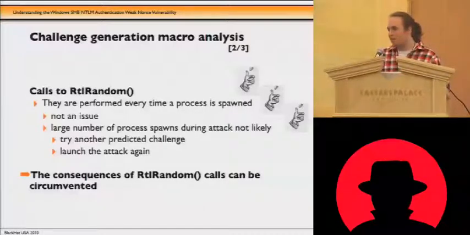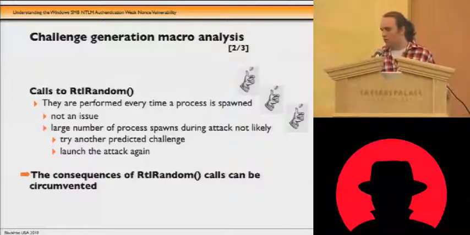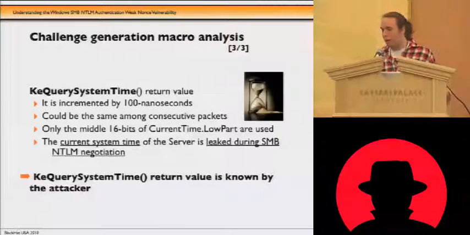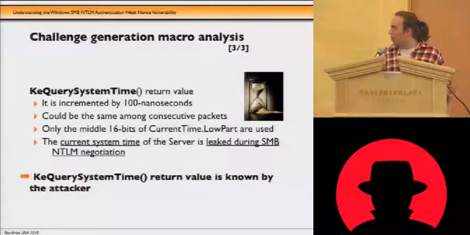random may change the internal state of the vector, but that's not an issue because we can know if that happened, so we could relaunch the attack again. So the consequences of RTL random can be circumvented. And finally, what will be the time when the get encryption function is called? Well, we know that